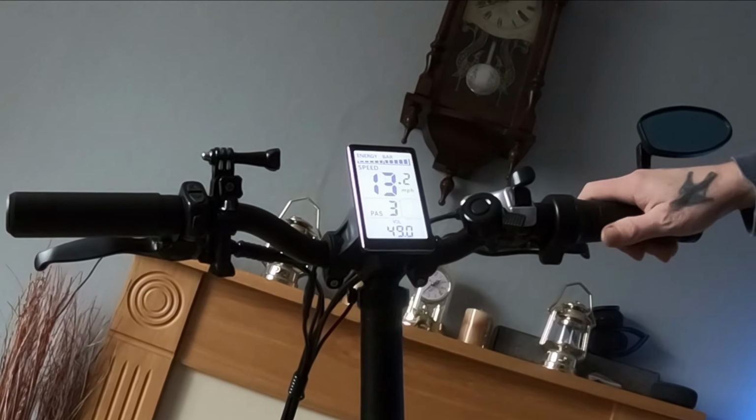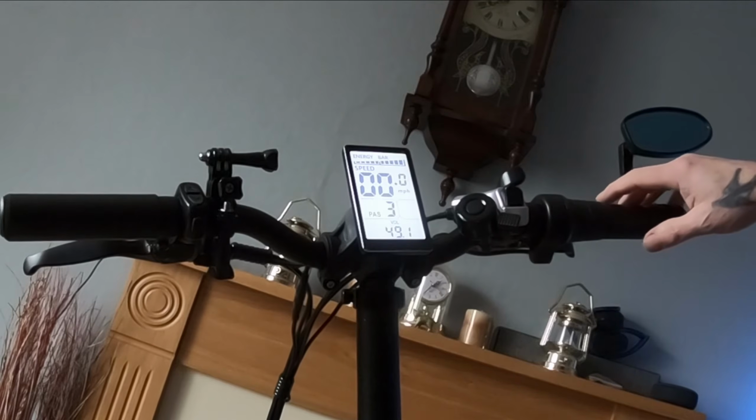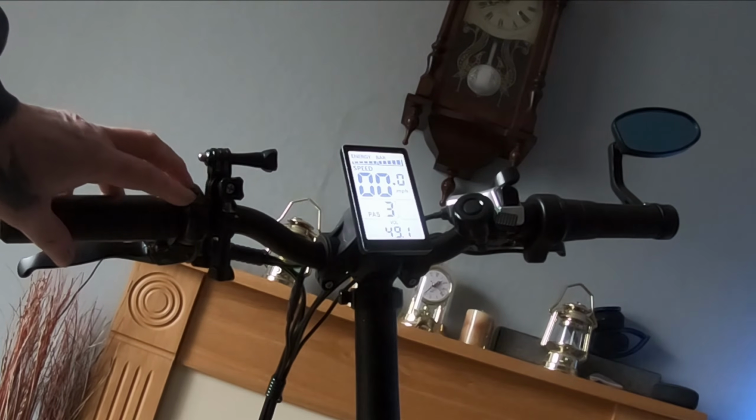Okay, 27.1. Like I said, the battery's not full, so it may go a little bit higher than that. I'm not sure on that, but let's change it to the default